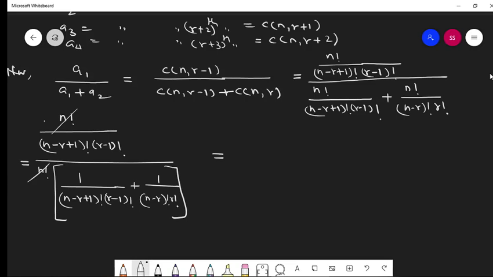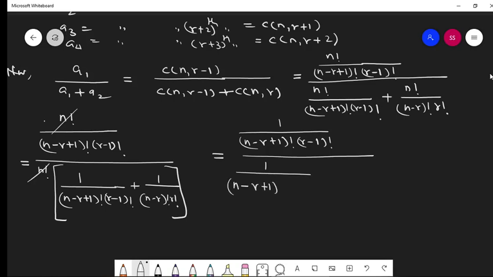So the upper term is 1 over (n minus r plus 1) factorial times (r minus 1) factorial, over, here we can see, (n minus r plus 1) factorial, but here it is (n minus r) factorial only. So I can write that this is 1 over (n minus r plus 1) times (n minus r) factorial, right? Because (n minus r plus 1) minus 1 means one less, so the one cancels, leaving (n minus r) factorial. So (n minus r plus 1) times (n minus r) factorial from here, then